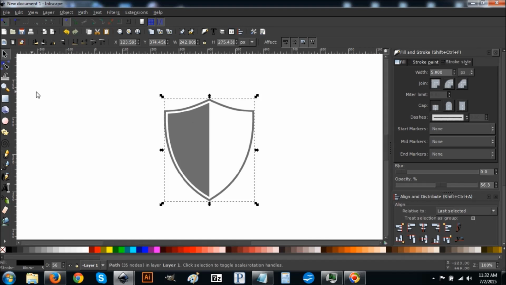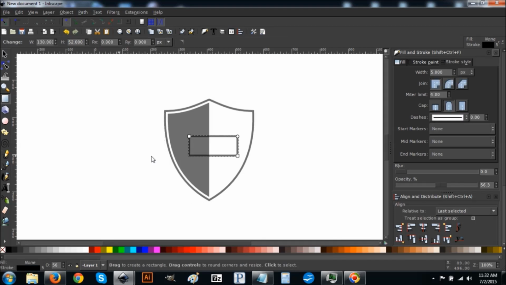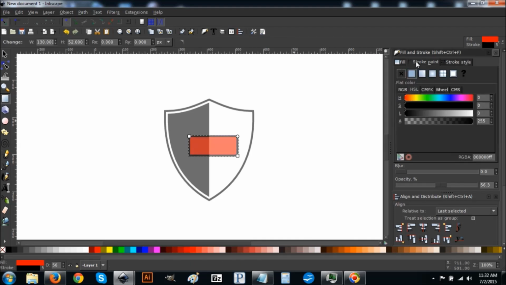Alright, so the next thing we do is we're going to create a rectangle in the center of this shield. So come over here to the rectangle, click on that, and we're going to create a rectangle right in the middle of this, about that big. Alright, now let's turn that red and come over here to the stroke tab, click X to turn the stroke off,